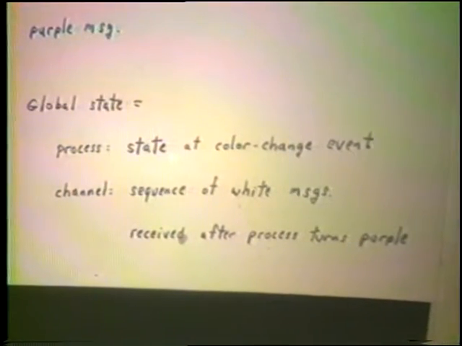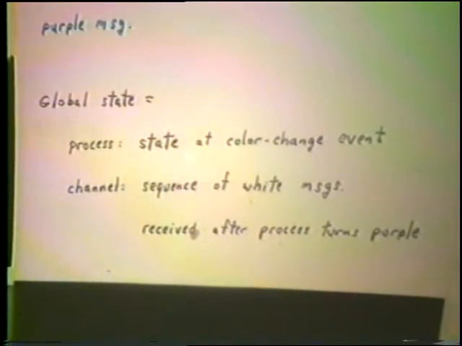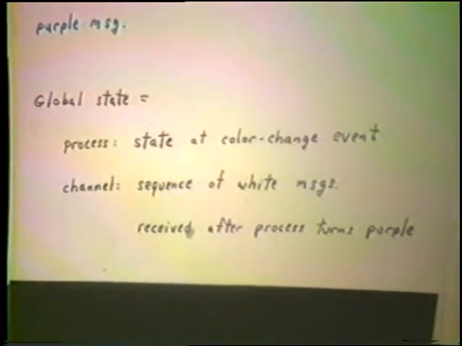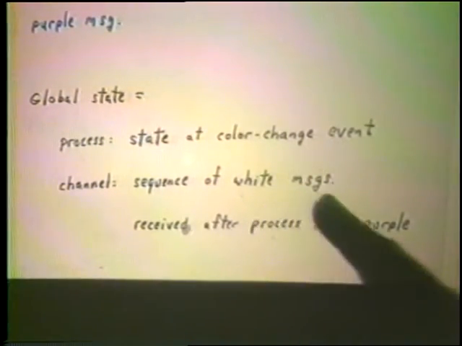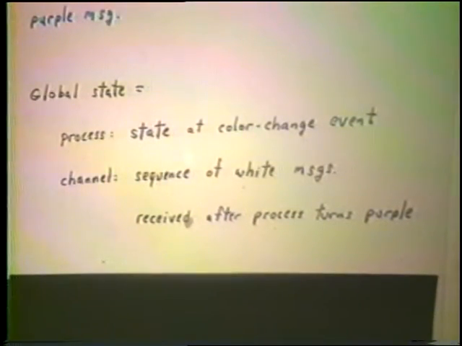And remember, since the color isn't part of the process state that we're photographing, it stays the same. It's not changed by the color change event, which only changes the color. The channel is the sequence of messages sent by events in B, sent by white events, and received by events not in B, received by purple events. In other words, it's just the sequence of white messages that are received after a process turns purple.